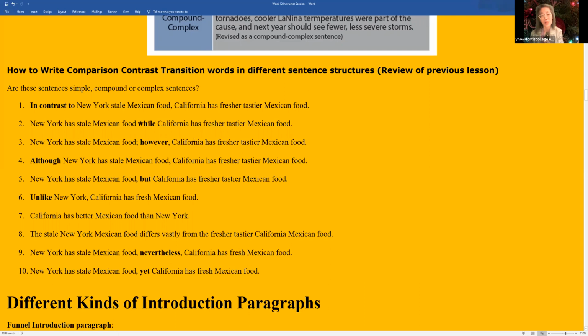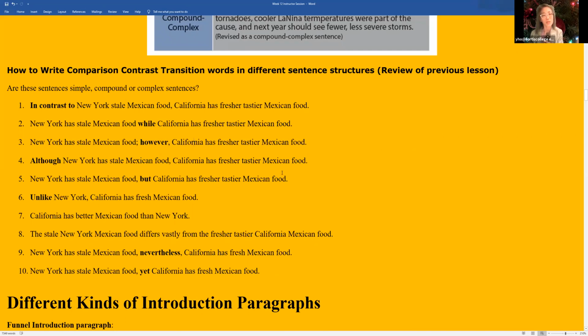Whether you use a subordinating conjunction, that makes it a complex sentence, like while. If you use however, that's going to turn it into a compound sentence. And if you go back to although, you make it back into a complex sentence. And therefore, every time you use a subordinating conjunction like this, you make this sentence less important than this sentence. So it's all a matter of style. What kind of message do you want to give to your reader? Do you want everything emphasized the same, or do you want to emphasize just one sentence?